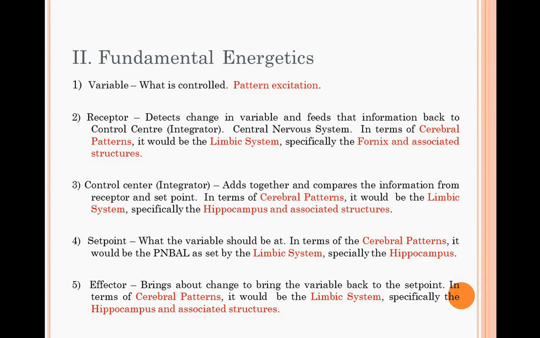The fundamental energetics. This is kind of an engineering exercise just to show how what was just discussed beforehand can be put in formalized system engineering terms. And you could just see again the 5 different aspects of a negative feedback system or a positive feedback system, for that matter. Depends on how you configure the system. And this was mentioned in the paper on charitiesoflife.com, where we're talking about Freud and how we can take what Freud was mentioning and also break it down into an engineering schematic.